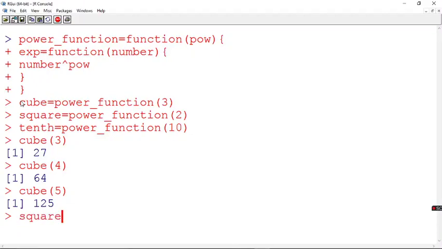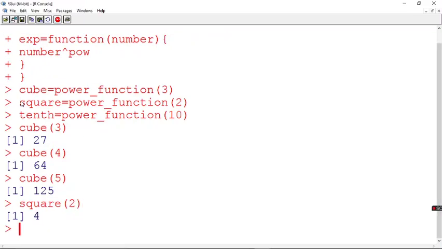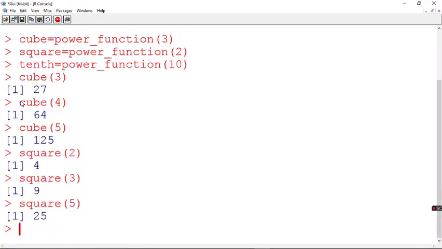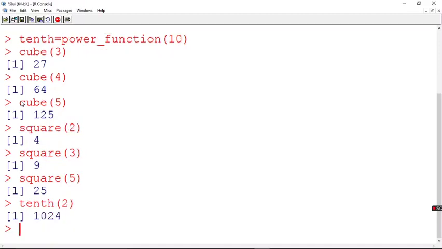Similarly, if I use this square function, what I say is square of 2. See, 4. Square of 3. 9. Square of 5. 25. Yes. Similarly, the 10th one. Yes, 2 power 10. See, 1024. Fine.